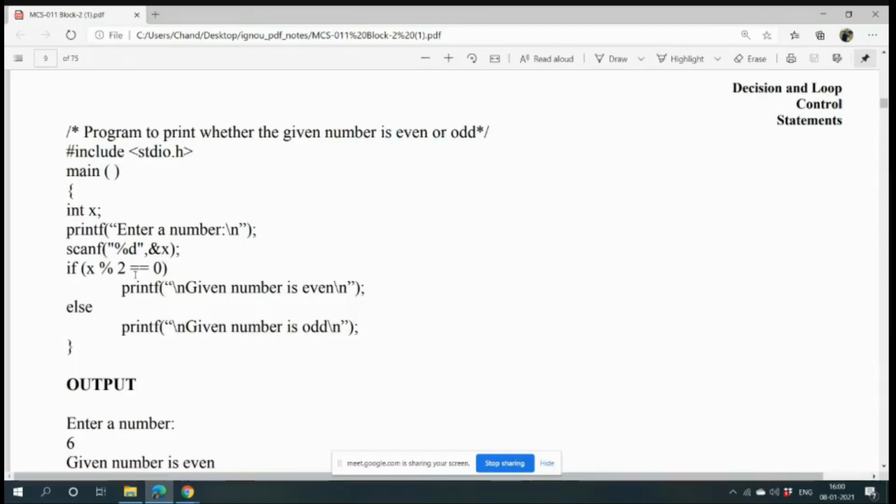1. So is it even or odd? So 5 modulo 2 is 1, odd, ma'am. The condition is not true, so it will come into the else part, and it will print only the statement which is given here. What is the meaning of \n in front and \n at the back? Tell me. Line specifier. It will be a new line, and again a new line, a gap. Line converted. Okay? Yes, okay ma'am. See the next part.